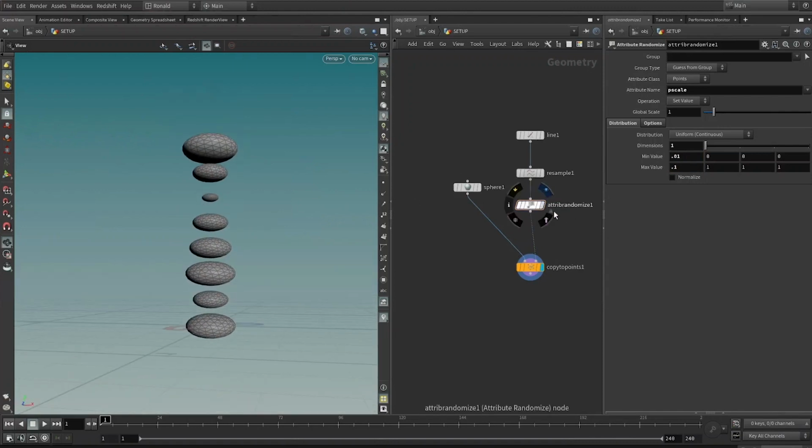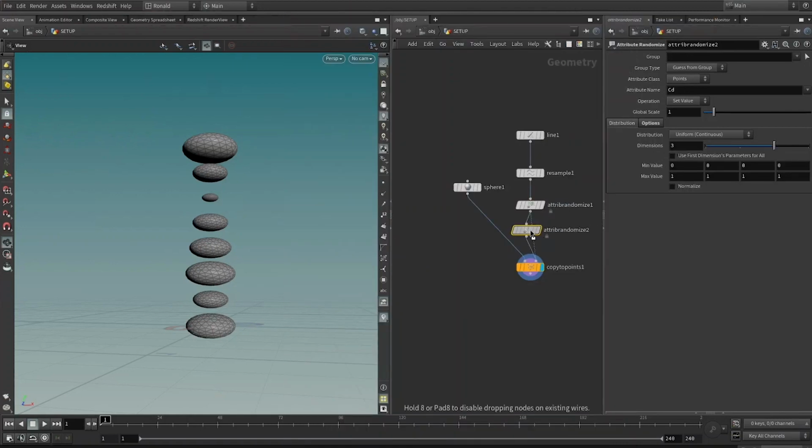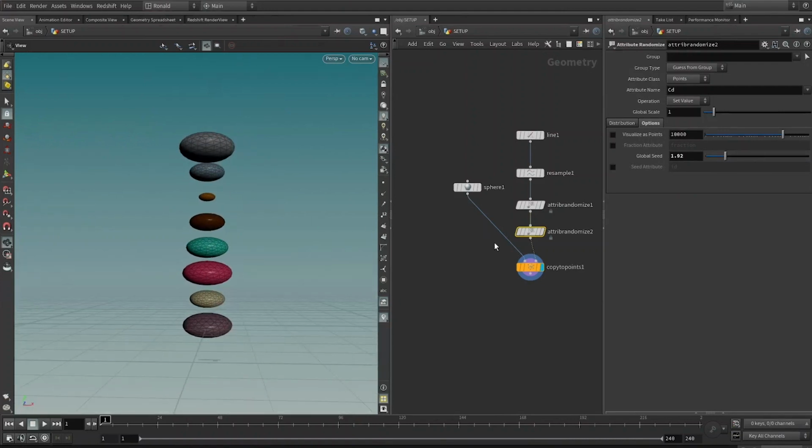I'm going to create another attribute randomize over here, and by default it randomizes the colors, so that's kind of what I want. Let me just change the seed over here to some colors that I think are a little bit more varied. And finally, I'm going to drop down a